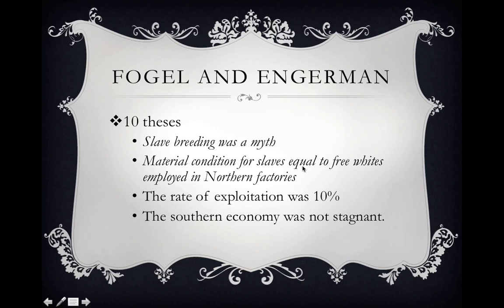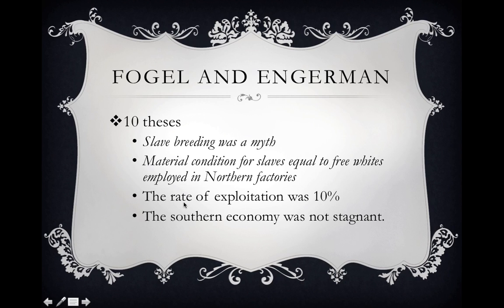Slaves can't tell their boss, no, I'm not doing that work and I don't want to do that work and I'm going to go somewhere else and work. So comparing the conditions of slaves to free workers employed in northern factories, to me, doesn't make a lot of sense. Also, the comparison they make is to the poorest. So they say the slave's condition was very similar to the poorest of individuals employed in northern factories. All right? So you understand the objection to this. Once again, comparing a slave population to a free population, how applicable is it to make that comparison?